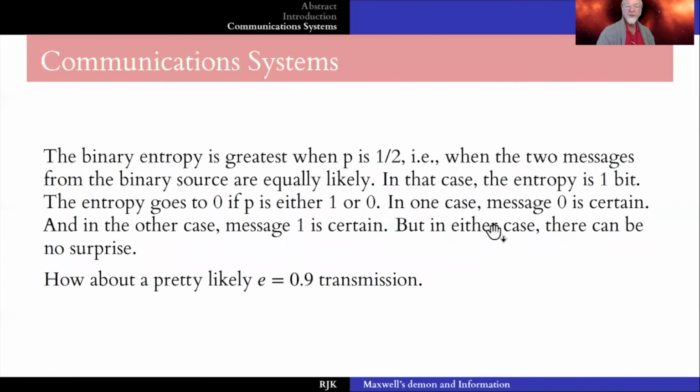So it's greatest when p equals 1/2, when the two messages from the binary source are equally likely. In that case, the entropy is 1 bit. Now, you say the entropy is 1 bit,